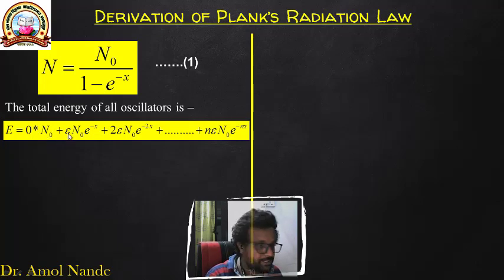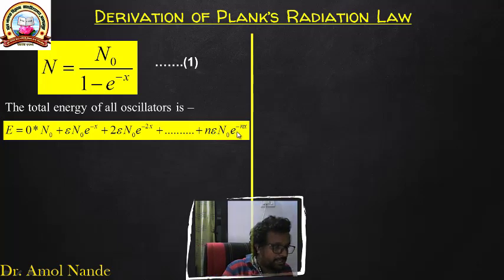फर्स्ट में जब जाएगा तब उसके पास एनर्जी कितनी रहेंगी? E इज इक्वल टू hf। तो आपकी टोटल एनर्जी क्या हो जाएंगी फर्स्ट स्टेट के लिए? epsilon n0 e to the power minus x। सेकंड के लिए कितना हो जाएगा? ट्वाइस hf, मीन्स 2 epsilon। उसके लिए टोटल एनर्जी क्या हो जाएगा? उसकी एनर्जी कितने रेजोनेटर, दोनों का प्रोडक्ट यानी 2 epsilon n0 e to the power minus 2x। तो वैसे अगर आप जनरलाइज करेंगे तो क्या हो जाएगा? n epsilon n0 e to the power minus nx। दिस इज नथिंग बट द टोटल एनर्जी ऑफ द ऑसिलेटर।